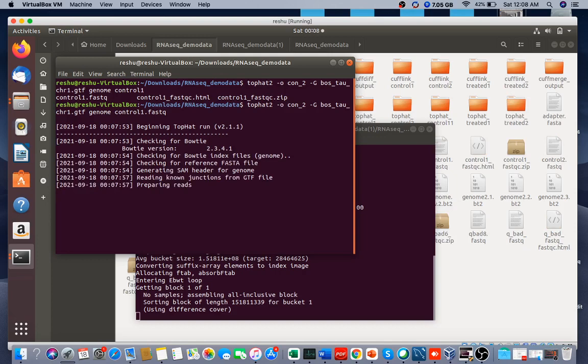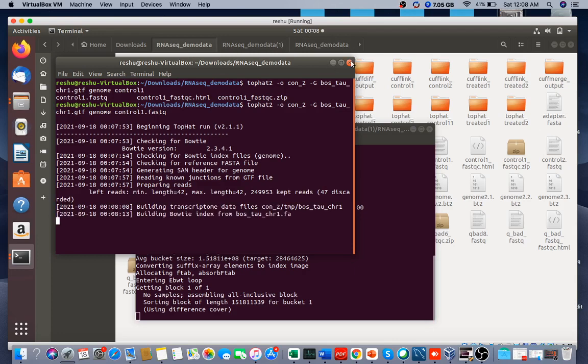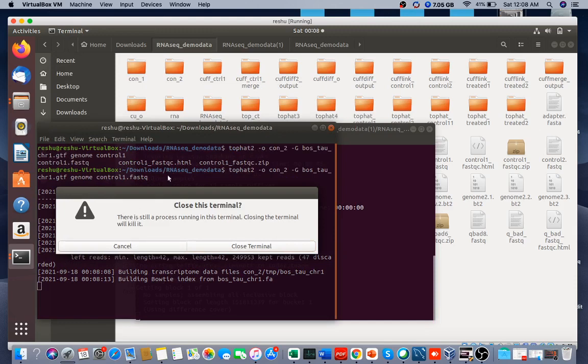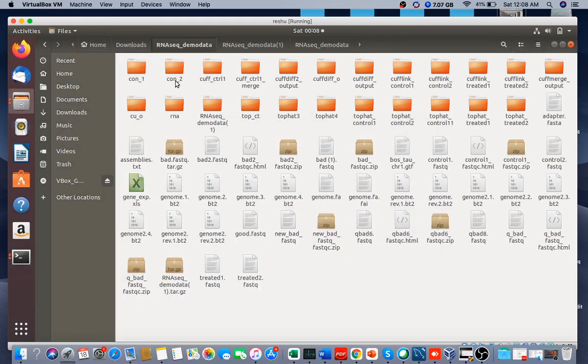So that's how you can make the reference genome. I'm not going to run these commands. Once you run it, you can get the output, and you have given the name for the output folder, which is cont_2, so you will get everything here.